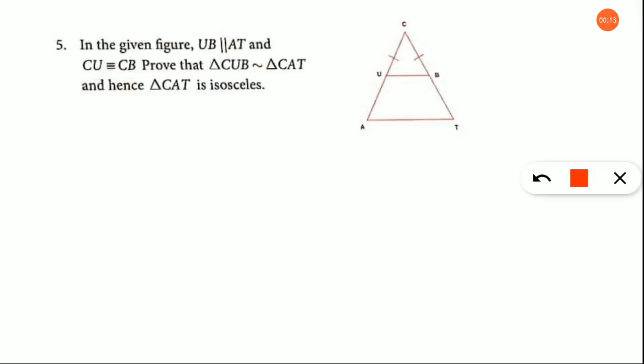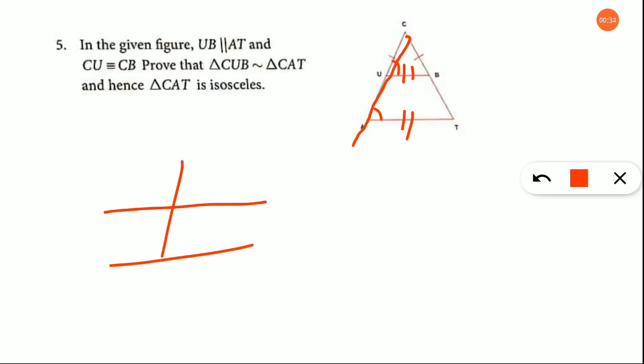Now, look here, these two are parallel to each other and there is a line. They have also mentioned that this triangle CAT is isosceles. That means this angle is also same and CU is also equal to, that is congruent to CB. So this angle will also be same. When it is a transversal line like this, this angle and this angle will always be equal, right? So these two angles are same now. Same way, there is one more line, that is CB and CT. When it is isosceles, this side angle will also be same.